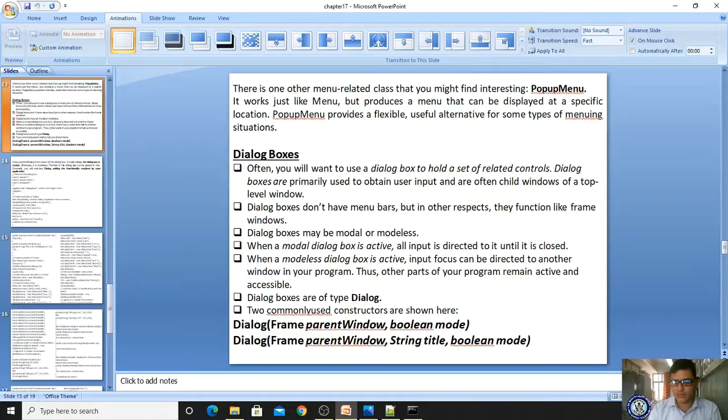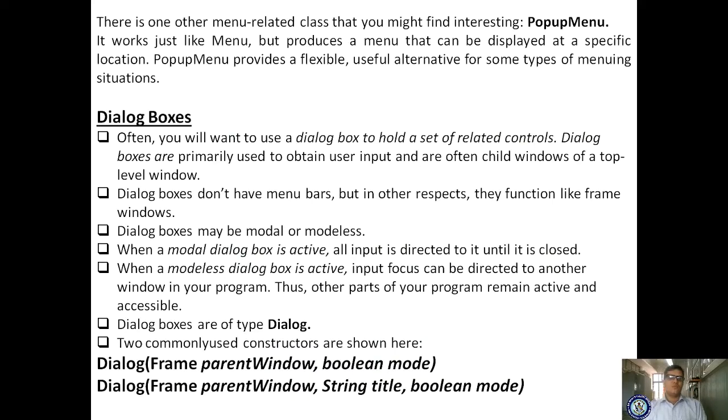And now we will see, when a modeless dialog box is active, input focus can be directed to another window in your program. If you are using a modeless dialog box, then it is also active. Whenever you input, the focus can be directed to another window in your program.